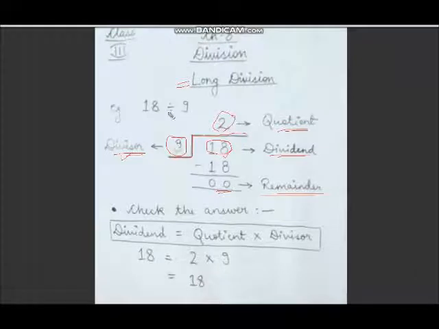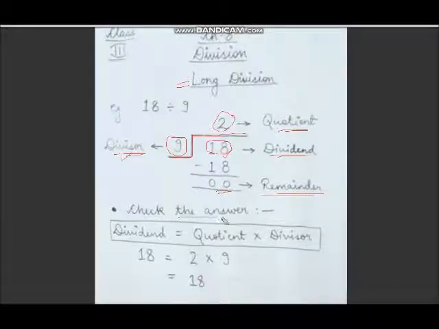First we will write this 9 in the divisor because हमें 9 को 18 से divide करना है. 18 we will write in the dividend. Then in the table of 9, 18 comes 2 times. 2 we will write in the quotient part. And then we will subtract this 18 from this 18 and we are getting 0. So 0 is the remainder here.